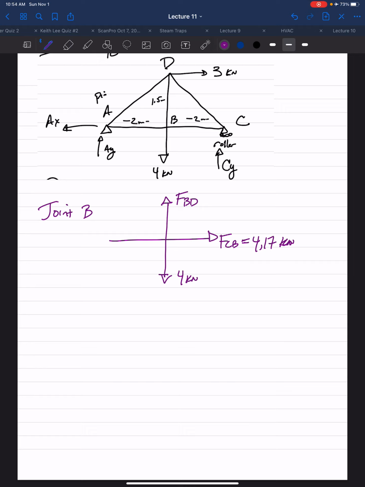We just calculated FAB to be 4.17, which checks out good. So the last remaining unknown member, FBD,